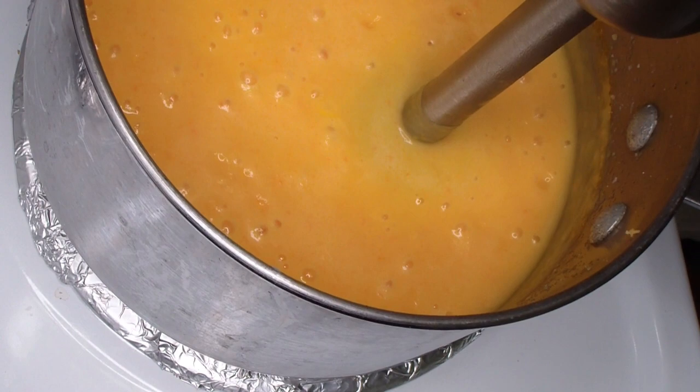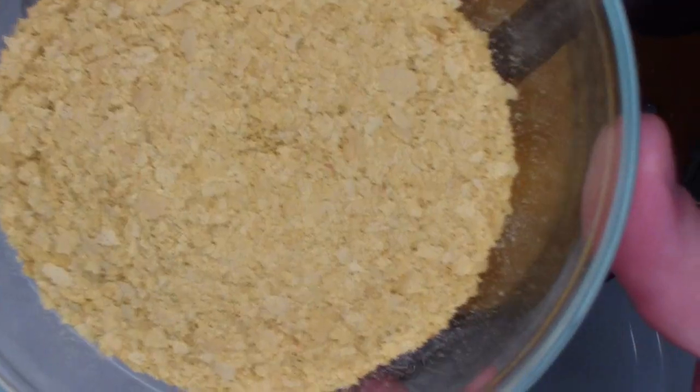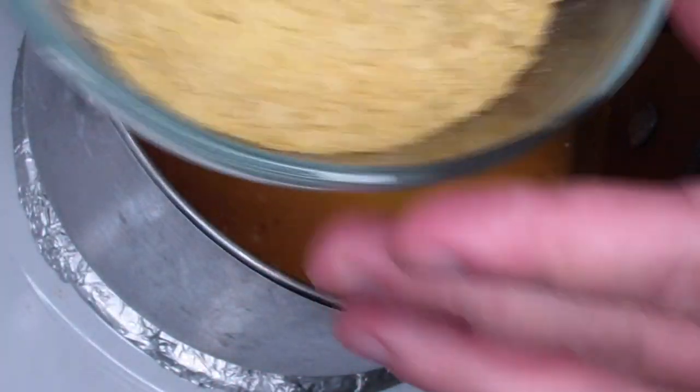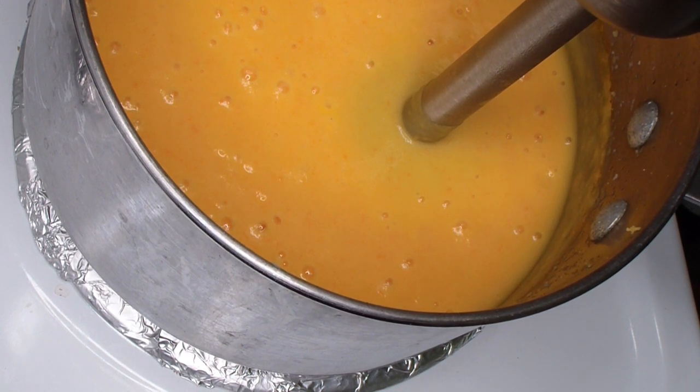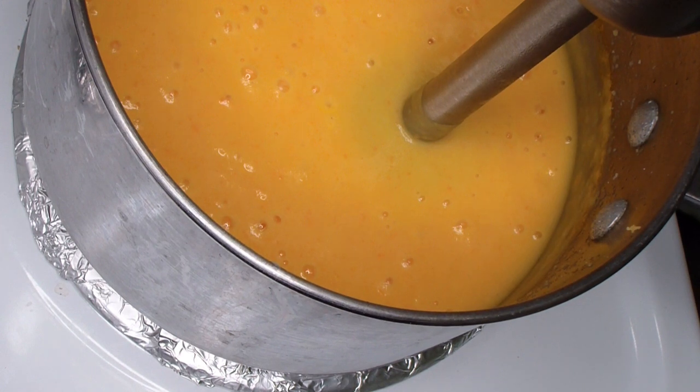Here's the secret ingredient. This is what's going to make it taste like cheese. Now these are nutritional yeast flakes. Now where you can find these in the grocery store, like Sprouts, they have them in the bulk department. Same with Whole Foods, but at like Kroger or someplace like that, you're going to find it right by where you get your